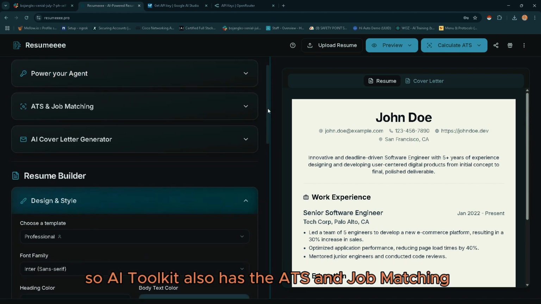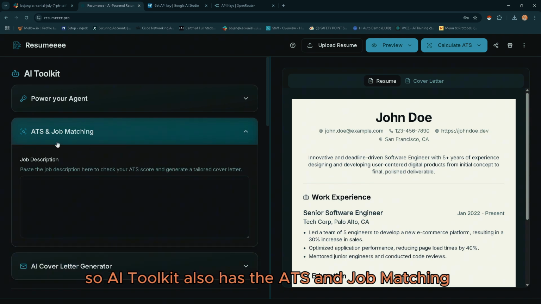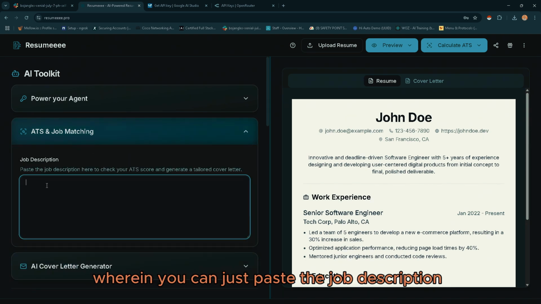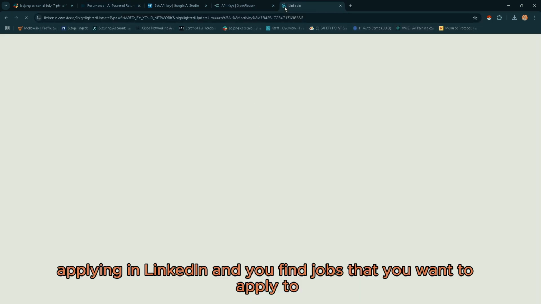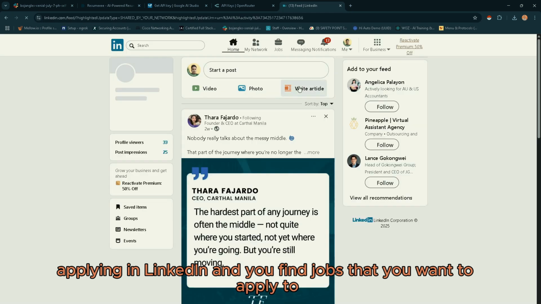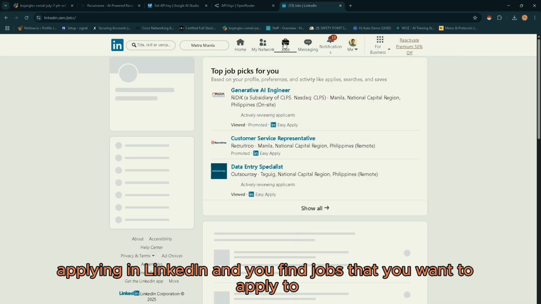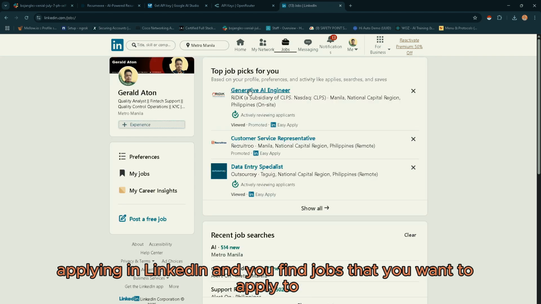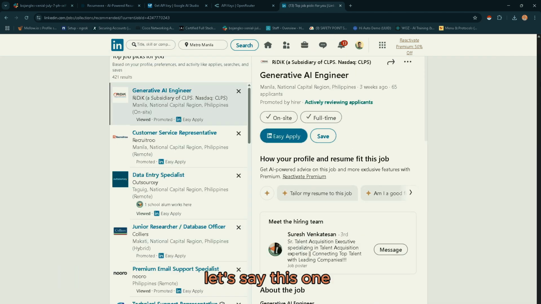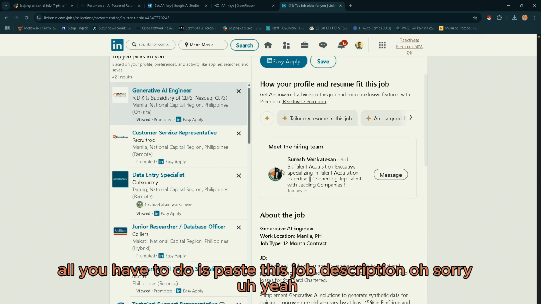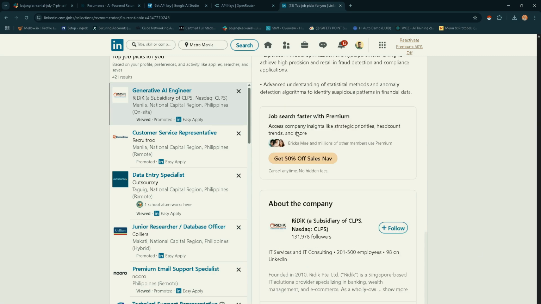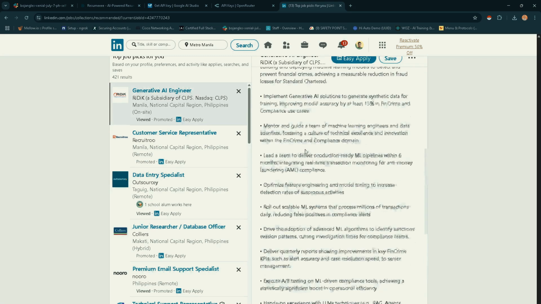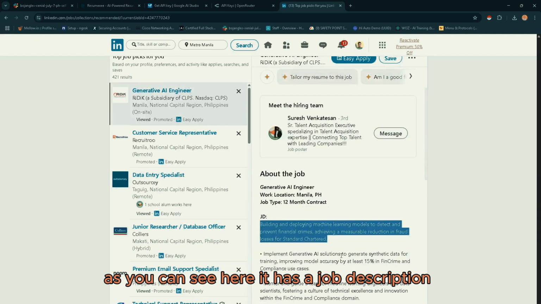The AI Toolkit also has the ATS and job matching, wherein you can just paste the job description. Let's say you're applying on LinkedIn and you find a job that you want to apply to. Let's say this one. All you have to do is paste this job description. As you can see here, it has a job description.